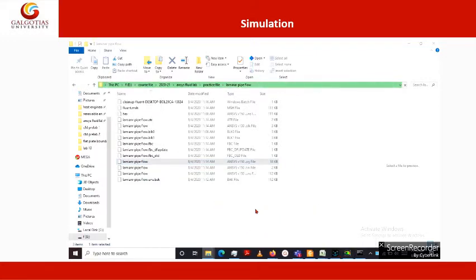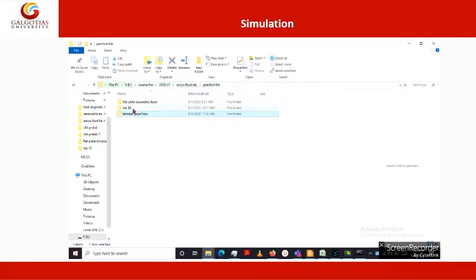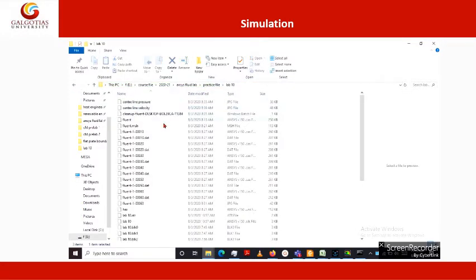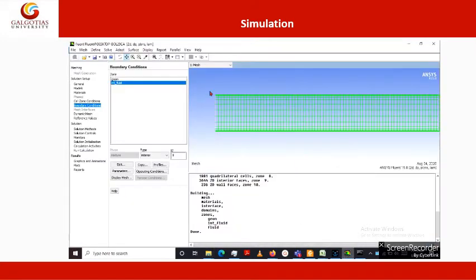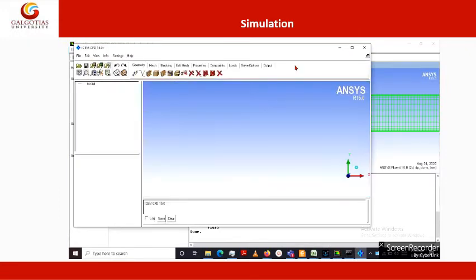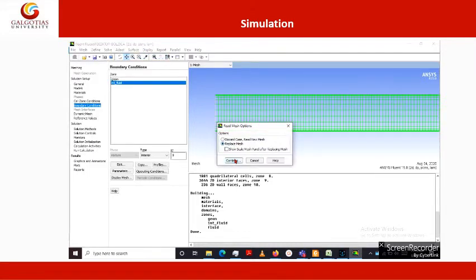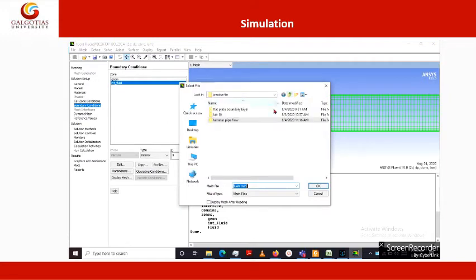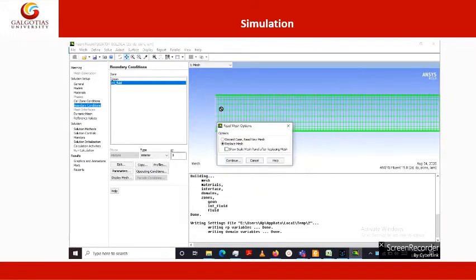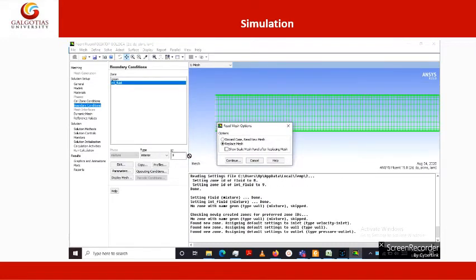So actually I have done this problem. So let me go to that where I have generated the mesh. So there is some problem in mesh creation. The boundary conditions are not imported. So I will go back to where I have done this problem, and I will import the Fluent mesh from that file. Mesh, replace mesh, continue, go back and select this mesh. So now in this mesh, the boundary conditions are imported.